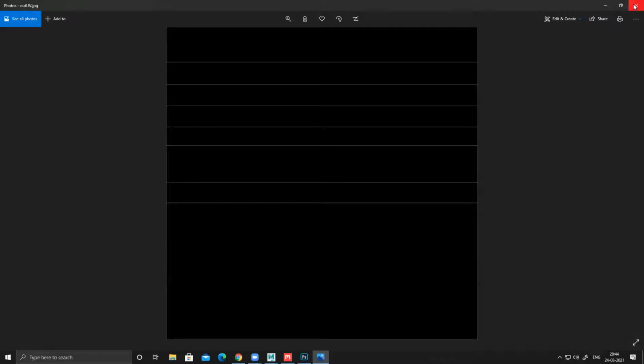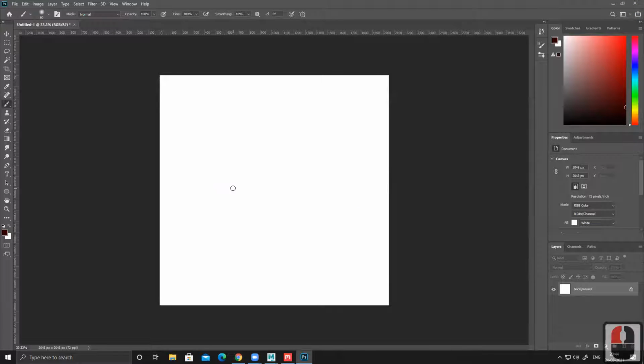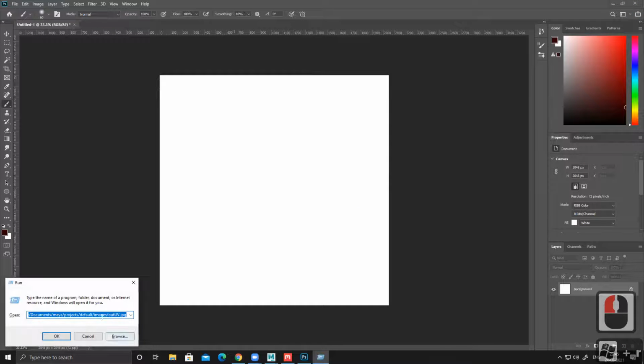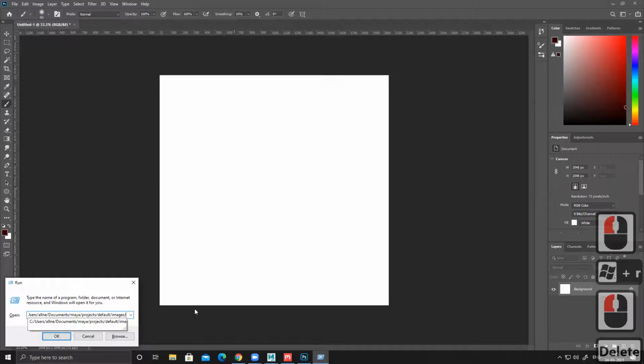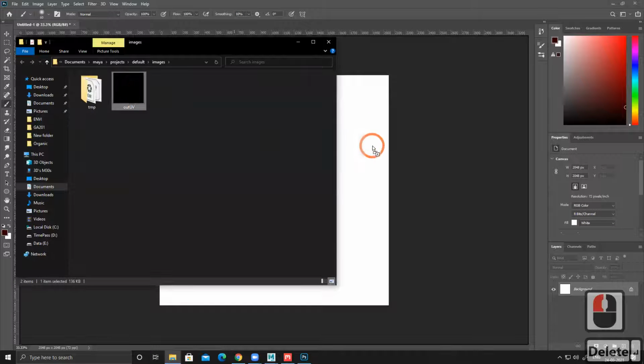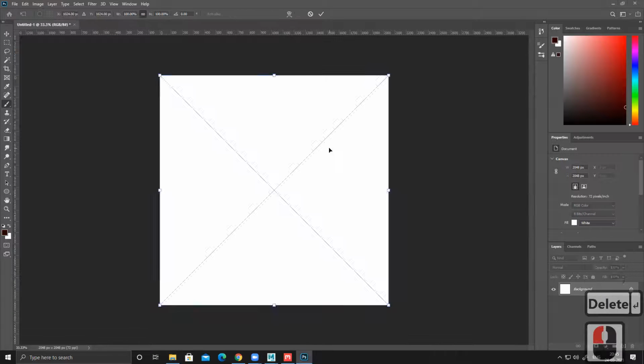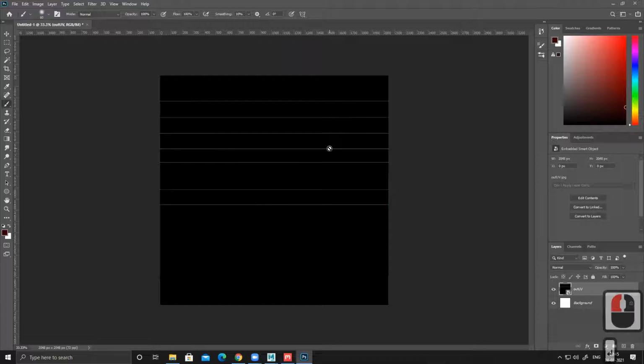Open this UV template here. So I want this thing. Open the folder and drag and drop this thing here. So it's flat. It snaps here perfectly.